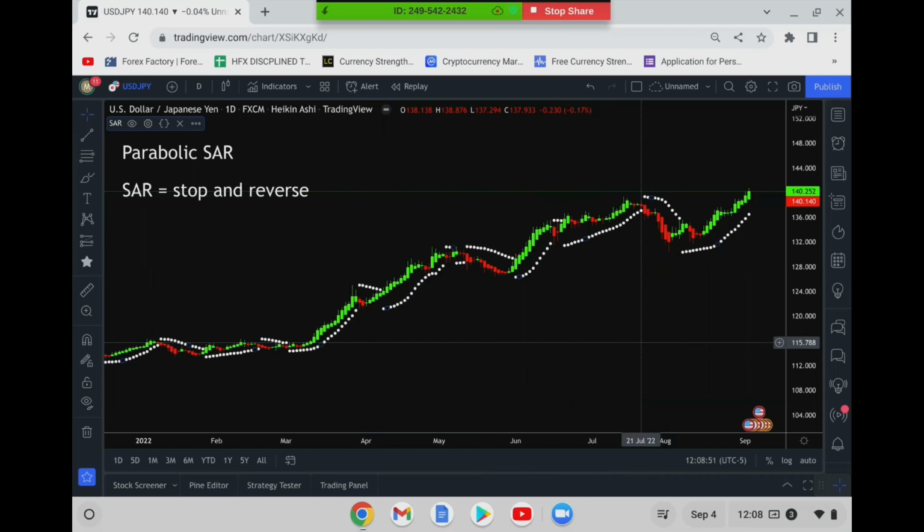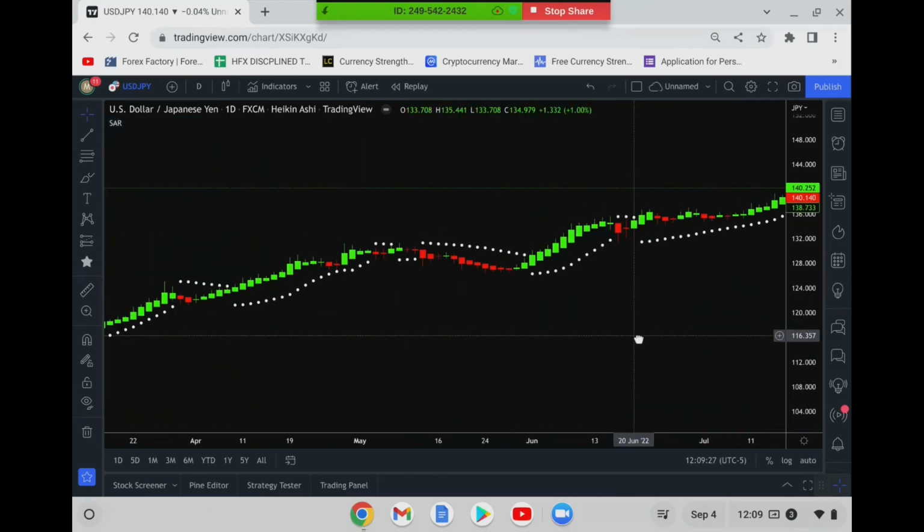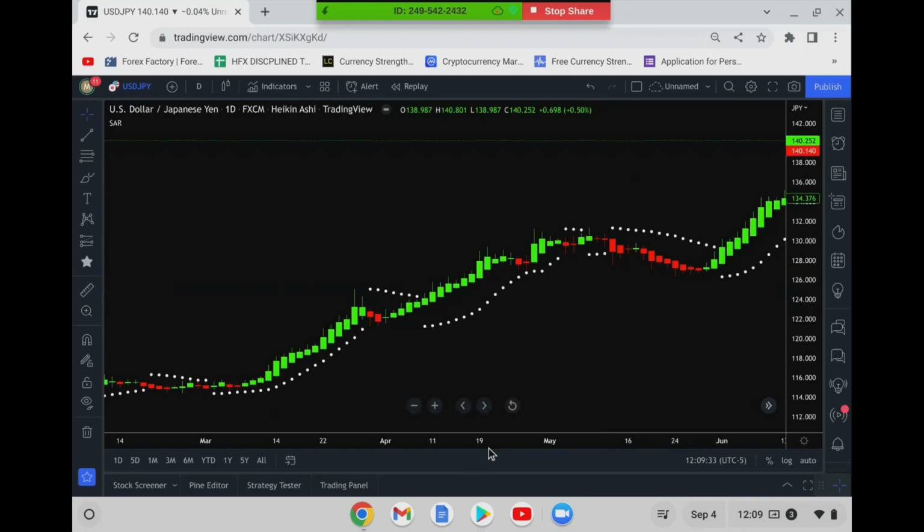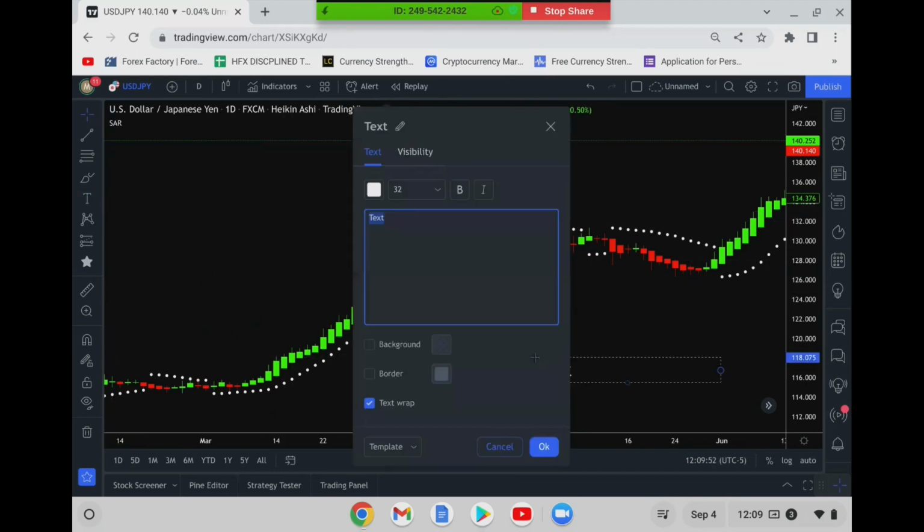So I just told you guys that the SAR in Parabolic SAR actually stands for stop and reverse, right? So what this indicator essentially does is tells us when the movement of price direction is stopping and reversing to the other direction. And let me just zoom in so I can show you guys exactly what I mean. Okay, so if we look right here, you guys, we see that we have our Parabolic SARs at the bottom. Now, when you have your Parabolic SARs at the bottom,